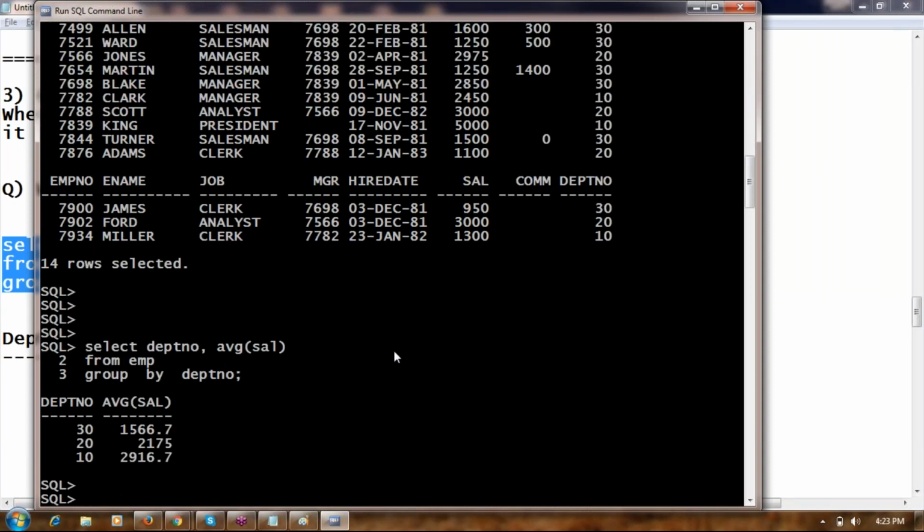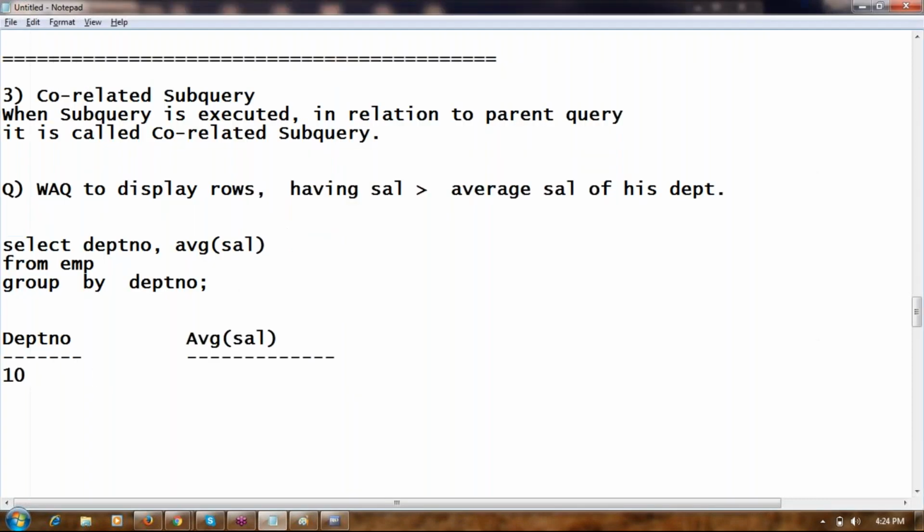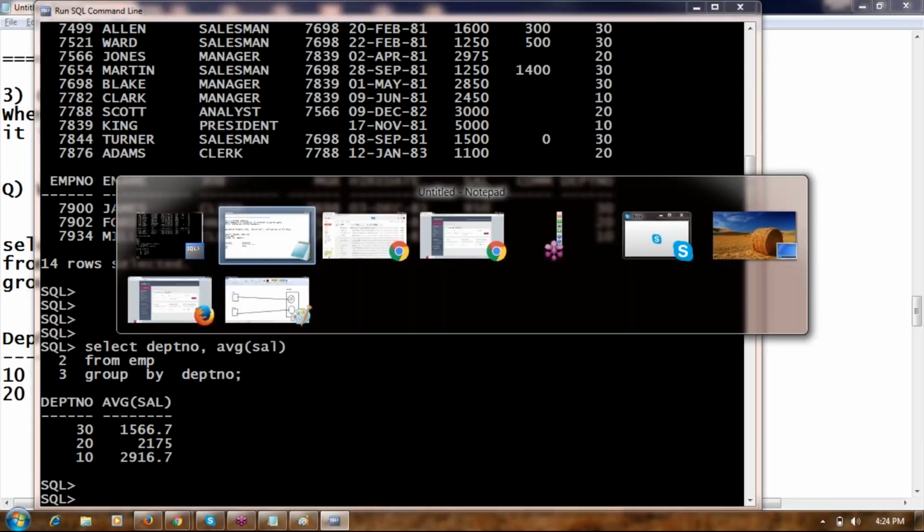Yes, you got the department number and the corresponding average salaries. Let's take a note of it. Department number 10, 2916. Department number 20, it is 2175.